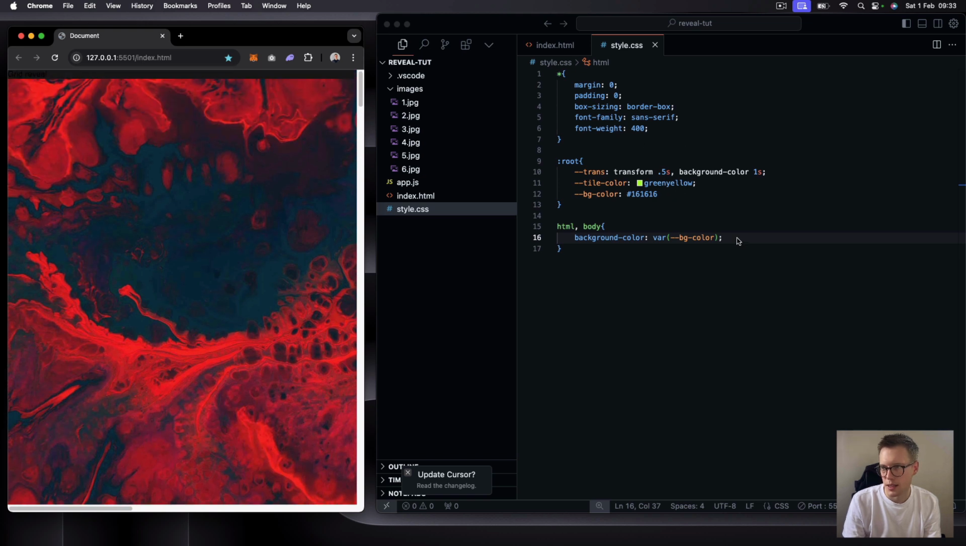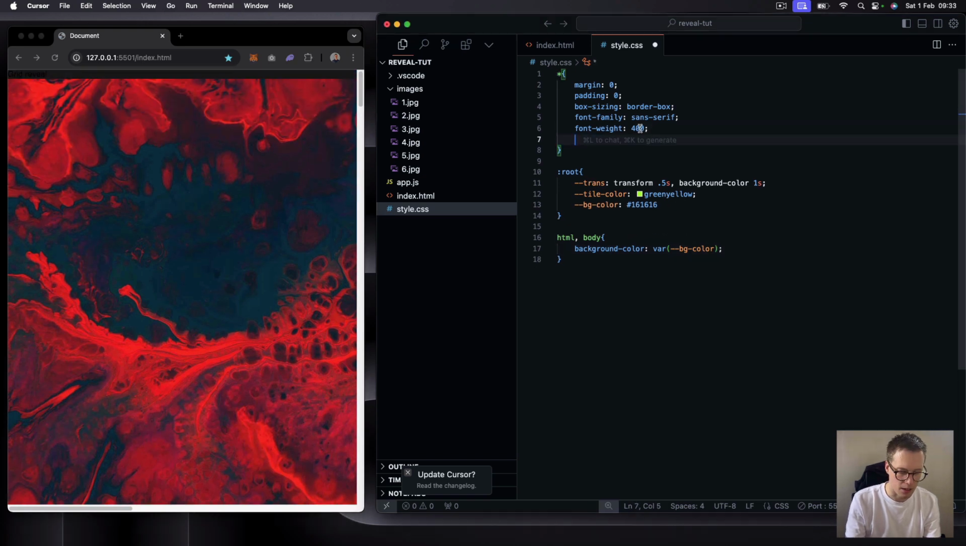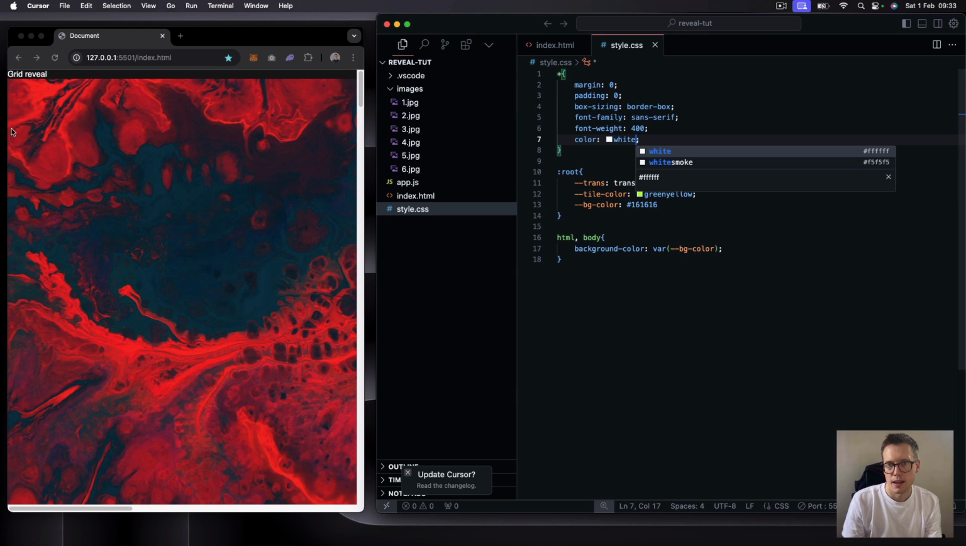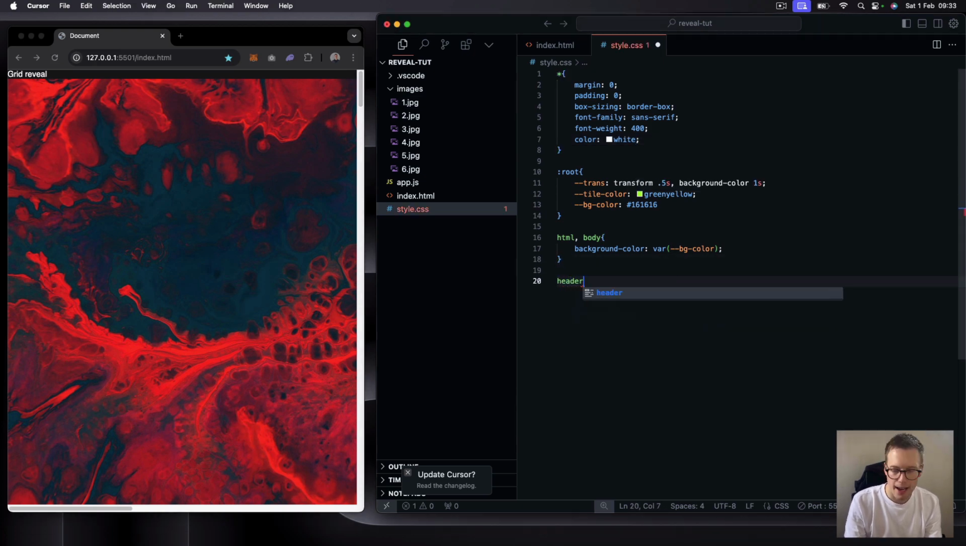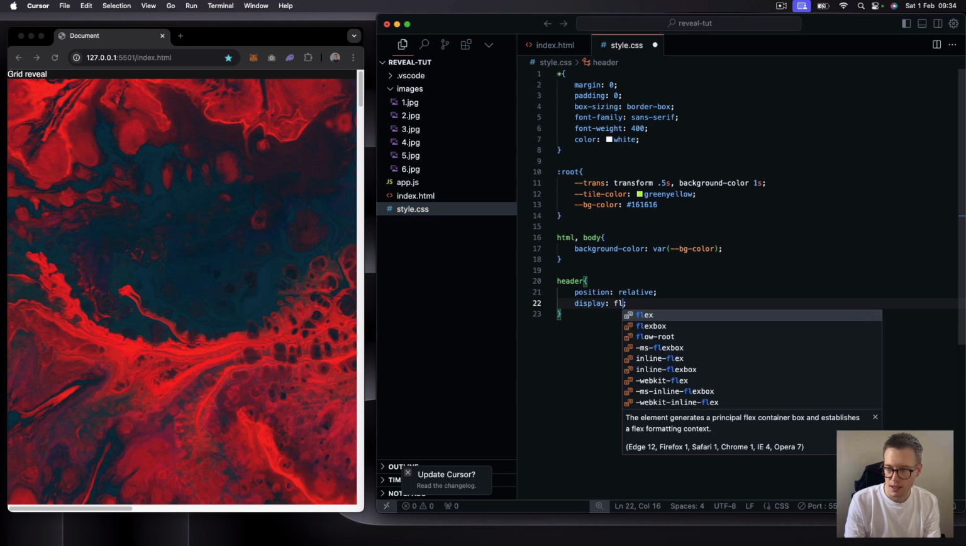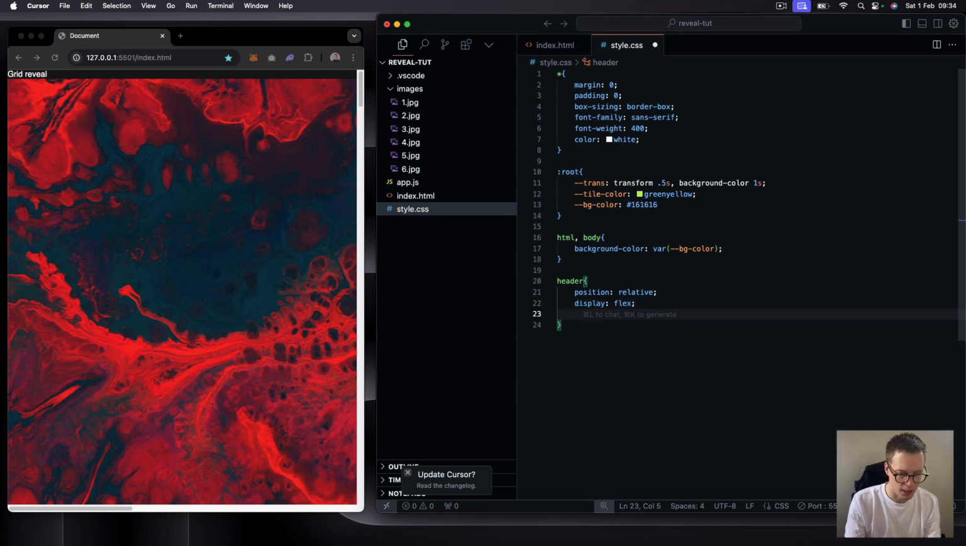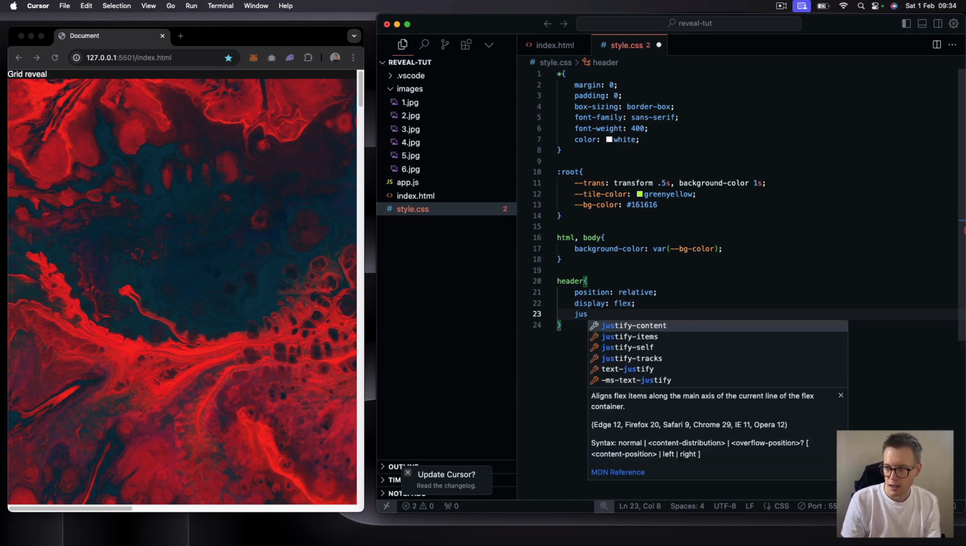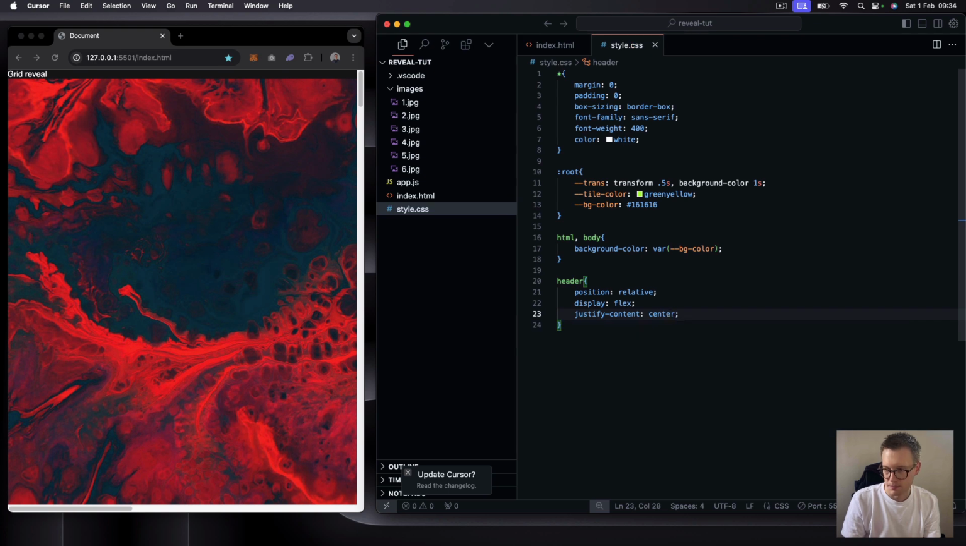And here I'm just going to set the text color to be white. Color white. Okay, and there you go. So now, kind of under the HTML, let's next target our header section, and we can just say position relative, and then we want to say display flex to center the content. So display flex, and then we'll just say justify content to the center, and then you can see that our